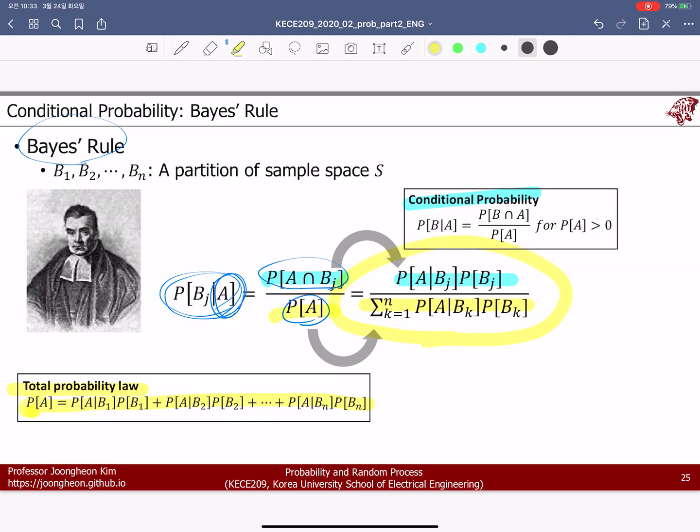So this can be generated. One thing you have to remember from this Bayesian rule is that in this case A was given, and then we are calculating the B sub j. But now B sub j is given, and then we have to calculate the A. They become opposite by doing these Bayesian rule applications. Eventually we will see some examples of how Bayesian rules can be used for statistical inference later, not this time. At this time, we just remember that there exists a Bayesian rule which can be denoted by this slide. So this is the end of class today.